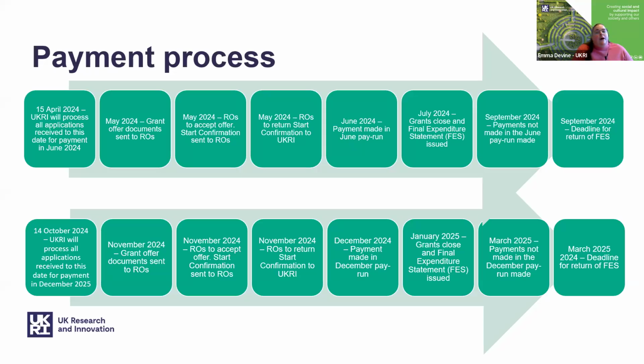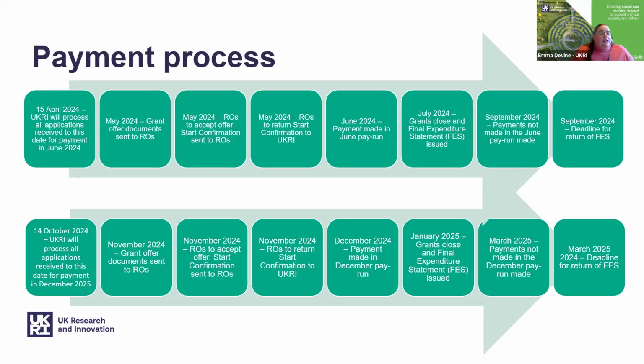So to give you an idea of the payment process, what I will stress at the moment is that although you are submitting your applications through the funding service, which is our new service, which is being rolled out across UKRI to replace GES, for at least the first payment, we will be making that through GES, simply because TFS is still in development. So these steps that we're showing here really reflect the current process for a grant. These payments are going to be made as grants. So as I said, we'll have the notional closing date on the 15th of April, and we'll process all applications received up to and including that date.